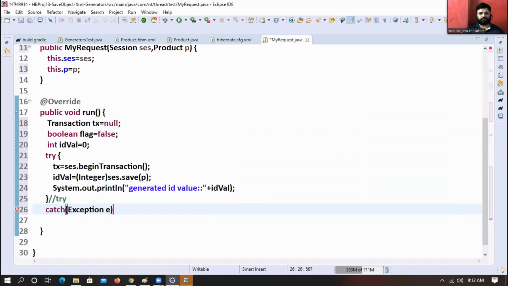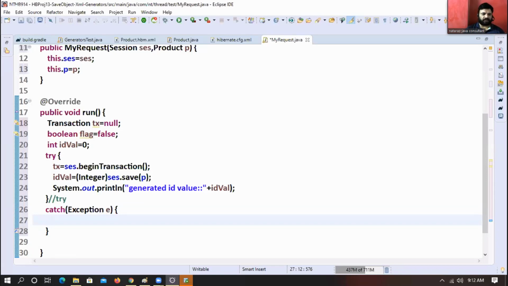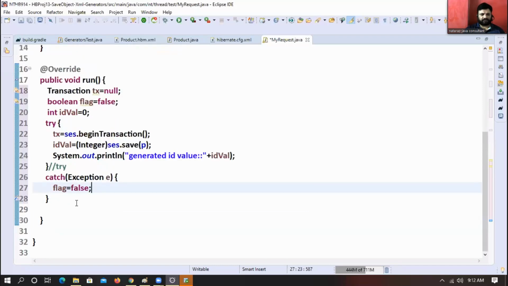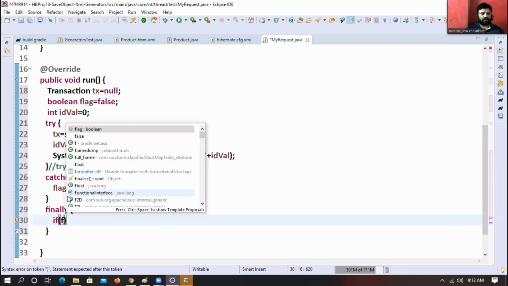Exception e. What is this? Exception e. After that, what next here? Exception e, flag is equal to false. Finally, if flag